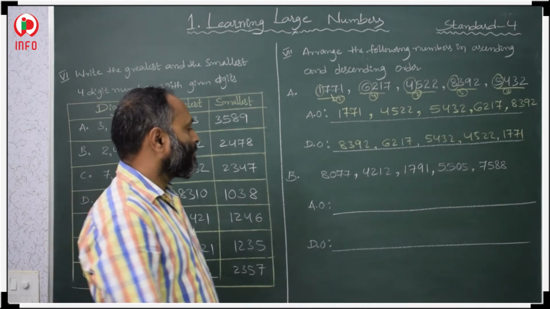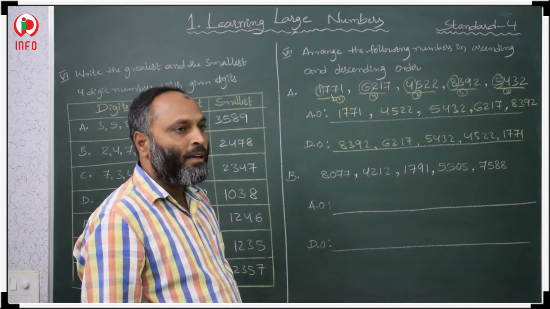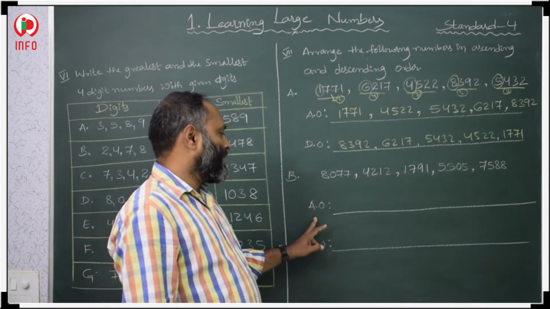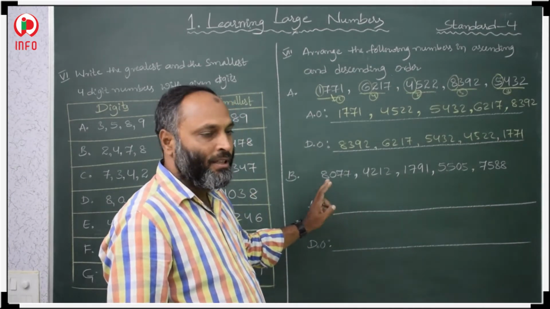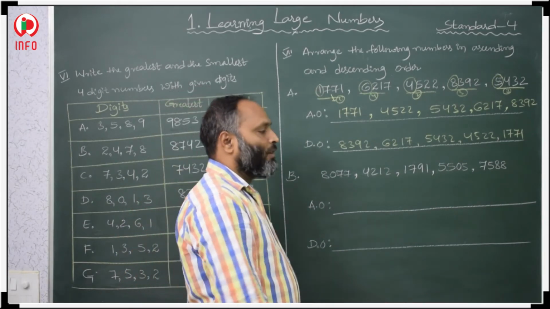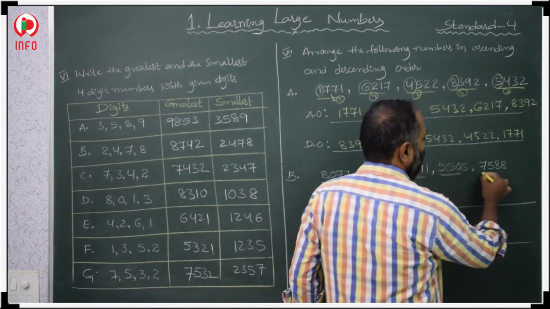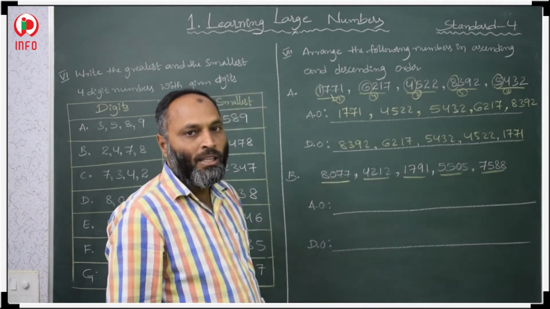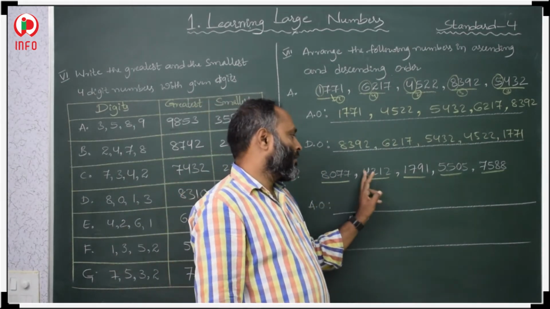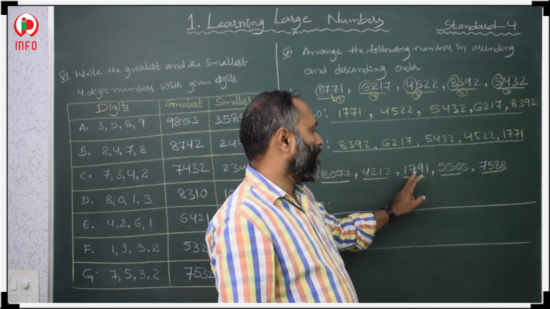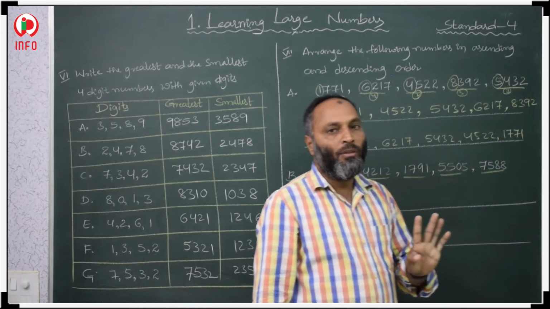Now, one more question is there on ascending and descending order. In this also we have to decide which one is smaller first, because we first have to arrange in ascending order. For that, first we have to count the number of digits. How many numerals were given here? 1, 2, 3, 4, 5. Five numerals were given. In these 5 numerals, first we find the number of digits: 4 digits in each. In all, 4 digits were there.